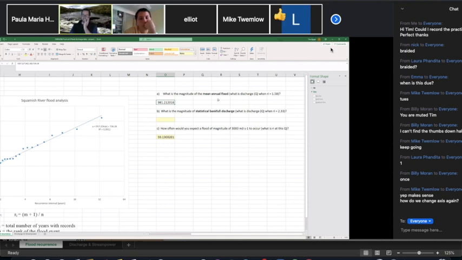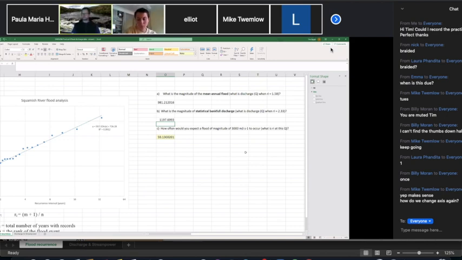This is pretty simple. Now for B, we now want to know what the statistical bankfull discharge would be. That is, what's discharge when the recurrence interval is 2.33. So we want to solve the same equation now, but if I just copy that and paste it, we now want to swap out the X value in that log box for 2.33 and solve it again. Now it equals